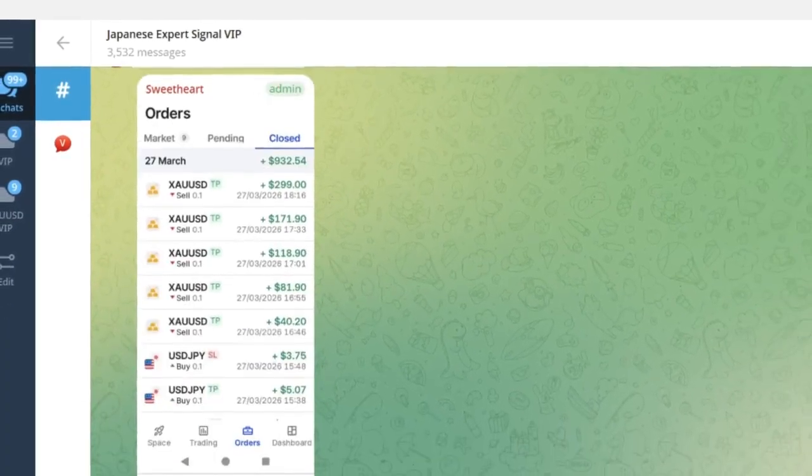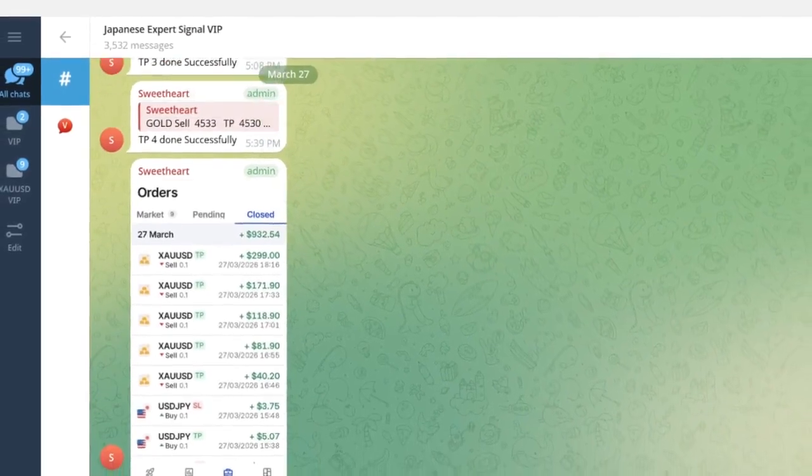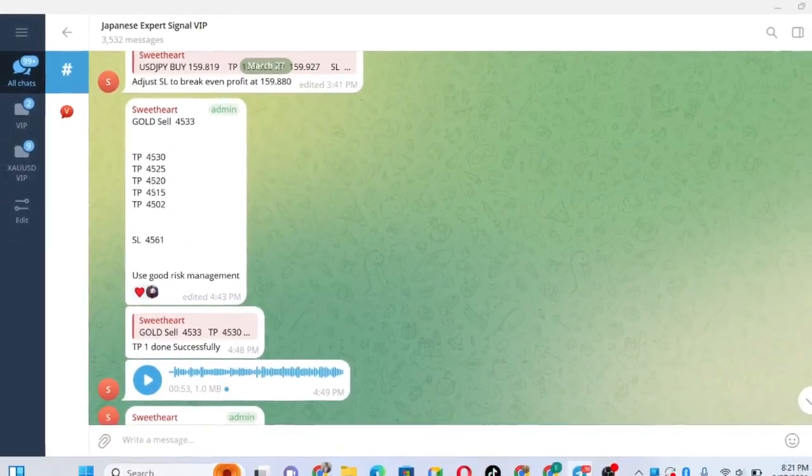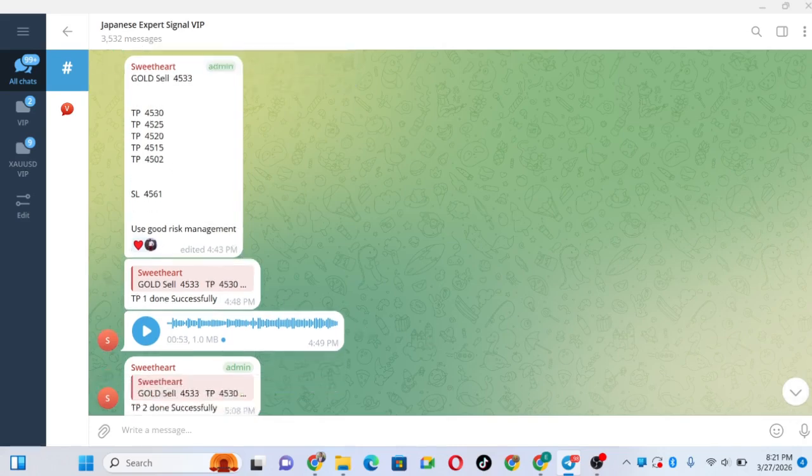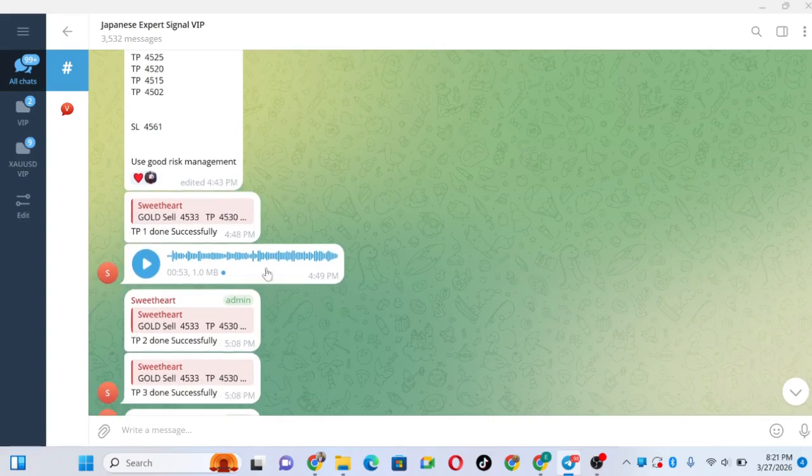Yeah, that's money. Now, this is our signal community. So this is a signal. This is when I dropped the signal today around 4:43. I dropped the signal and I told them to use good risk management. Then they used the signal. I then came over here and told them that this is my A plus setup. They should actually try and enter the trade if they did not enter the trade. That was what I told them here, that this is my A plus setup.